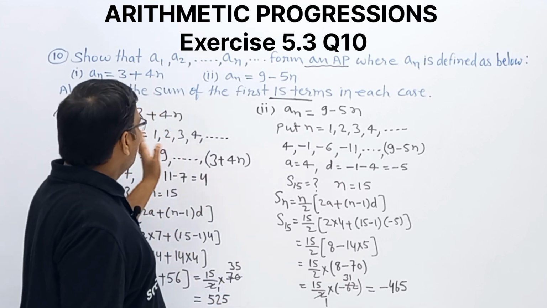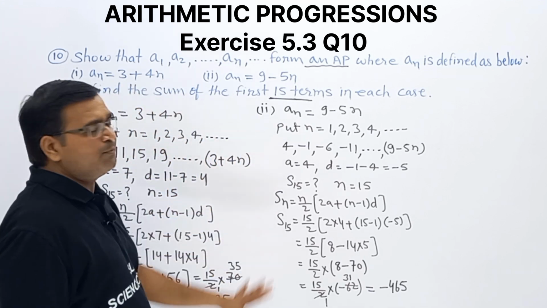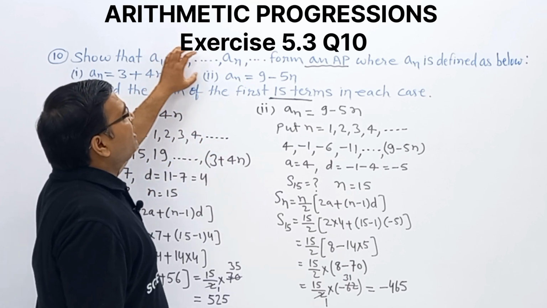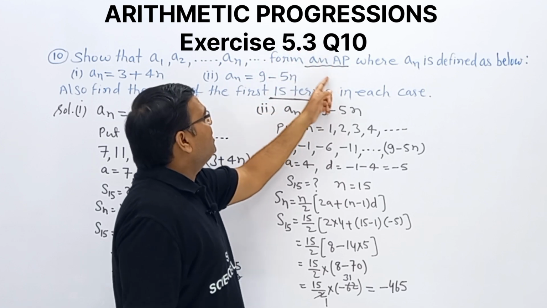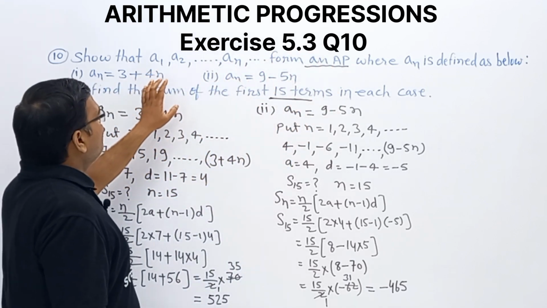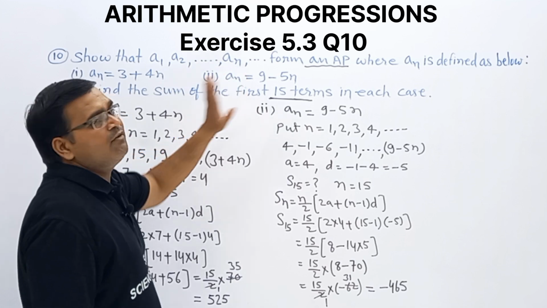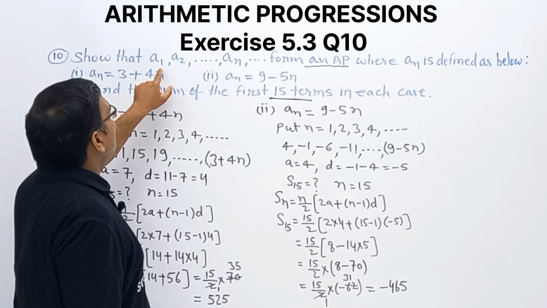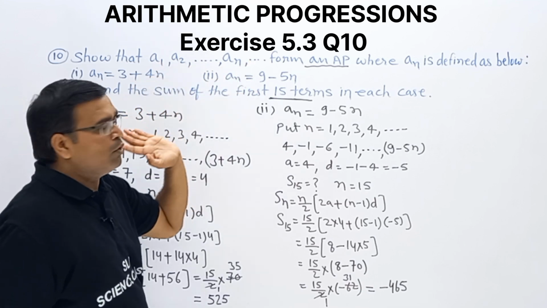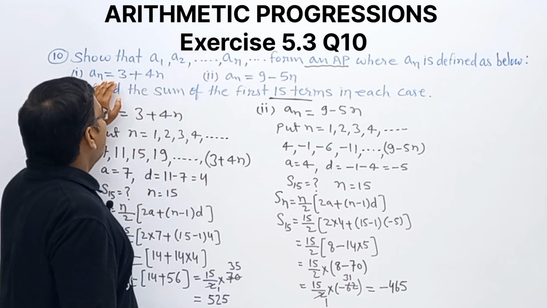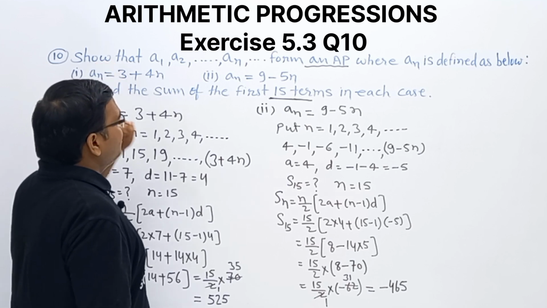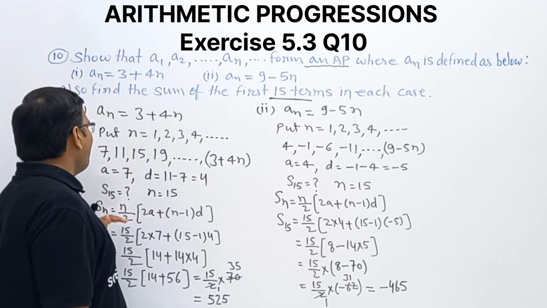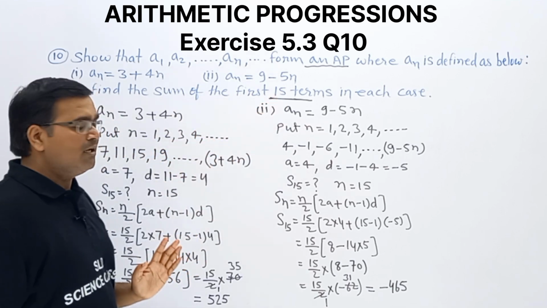Observe again, both questions are having the same process. We are having one AP. We want to form an AP. And how we will form the AP? We are having the nth term, an value. So from this we can say the value of n will be 1, 2, 3, 4 and so on. We will put the values 1, 2, 3 and so on in this nth term, then we are getting the AP, and from this AP we can easily find the first 15 terms of an AP.